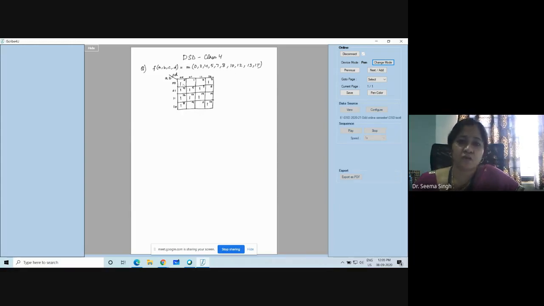If I fold the K map horizontally, this row, the A bar, B bar row, and this row, that is A, B bar, come next to each other. So this is called folding horizontally. Now if I fold vertically, your C bar, D bar and C, D bar will come adjacent to each other. So this is something which I am trying to tell you about the folding. Also, I will tell you that folding is possible in all the 4 corners.